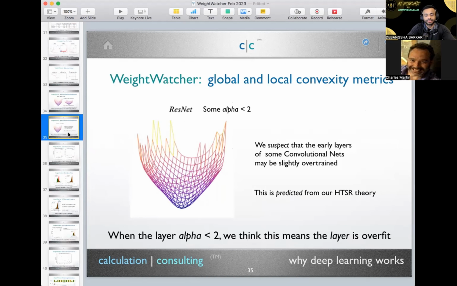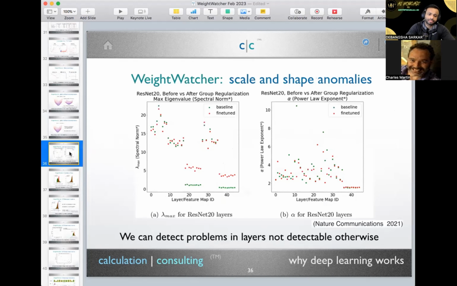Generally speaking, there are other things that can cause alpha to be less than 2. I can send you a paper to discuss that. But this is sort of the idea. So we're beginning to just qualitatively see that when alpha is less than 2, you're too sharp. And again, these ideas come from the physics literature.